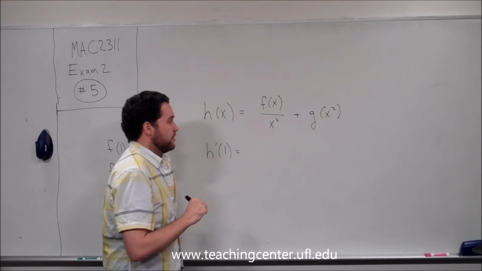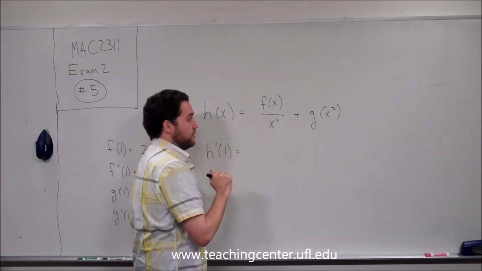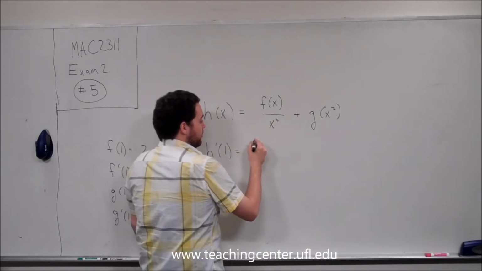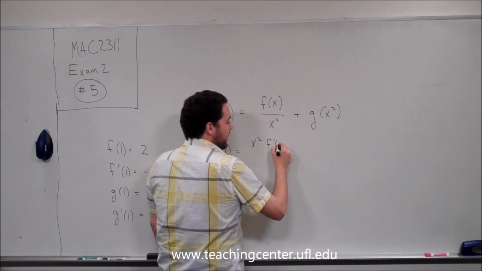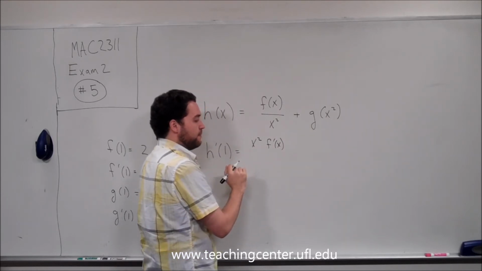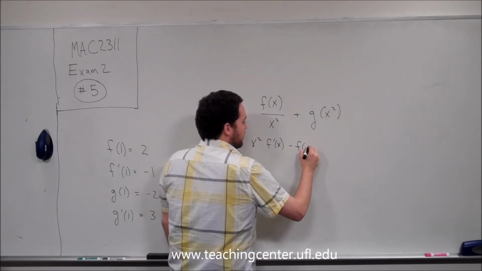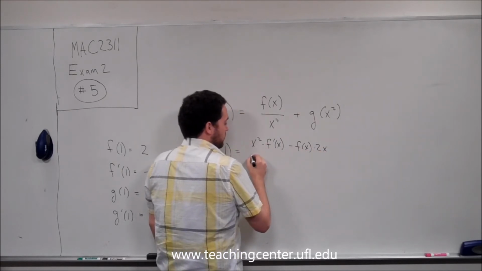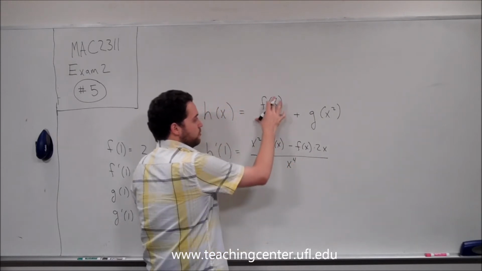Taking the derivative of this is just like taking the derivative any other time. Here you can see that we probably want to do either a quotient rule or a product rule. So let's just do a quotient rule. That would be low times the derivative of the top, and the derivative of f of x would just be f prime of x. We don't know what the derivative of f of x actually is, but we can represent it as f prime. That's low d high minus high d low, which should just be 2x, and this is all over the bottom squared, which gives you x to the 4th power. So that's the derivative of this part.